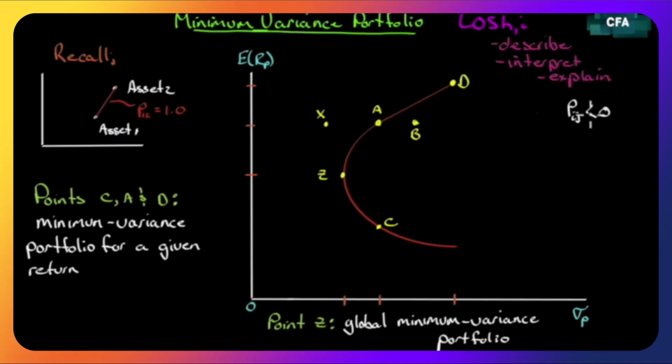Let's move over here and make the correlation between two assets, let's take point C and point D, less than 1. I have it written here as less than 0, but we just want it less than 1. Let me correct that on the fly. So it's less than 1. How much less than 1? We don't know. But I've already explained in some earlier videos that the lower you get from 1, the better the effect is. And sometimes you need to be below a certain number for anything interesting to happen.